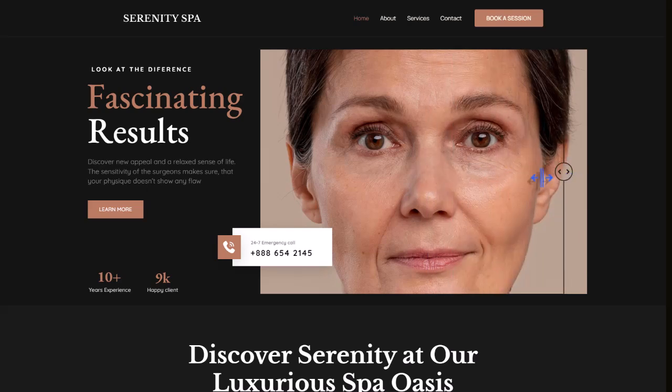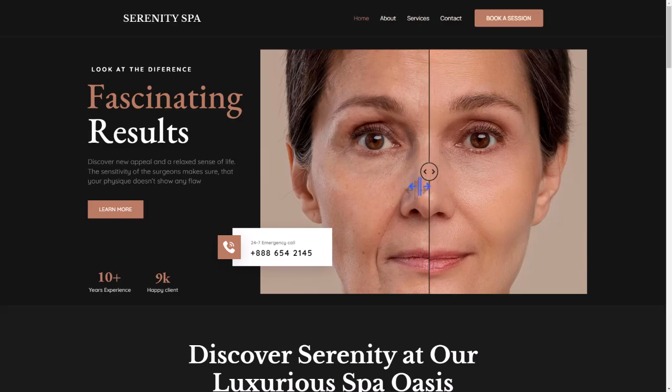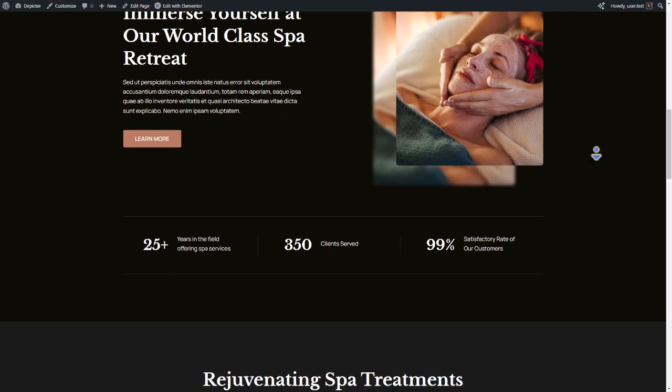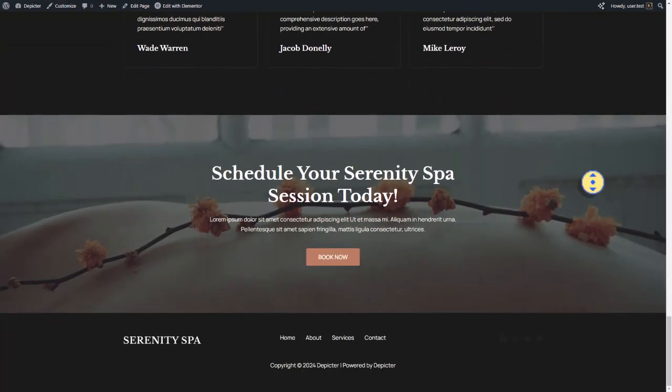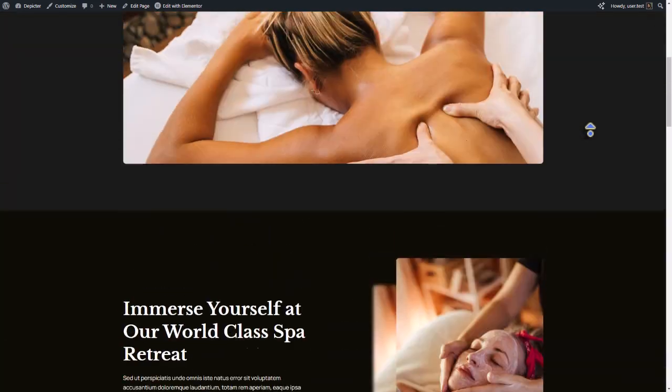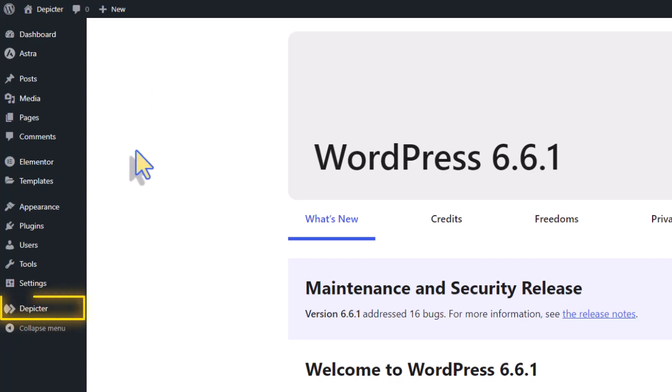Today I want to show you how to add a beautiful before-after slider to your website. I have a spa website and I want to add a before-after slider to it. Let's get started. In the WordPress dashboard, head to Depicter,